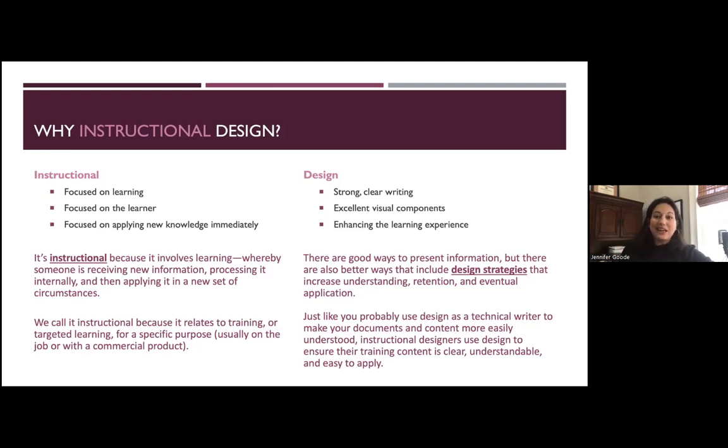Now, design stuff is nothing new to you guys, because we're always proponents of strong, clear writing. We always love excellent visual components that bring the design home and explain things. We love to have a graphic illustration. We love enhancing experience through design elements. So we're not doing anything different in instructional design. We're just applying it to the learning experience and calling it a learning experience. I just want you to see that we're not that far out of bounds. And truly, 20 years ago, we were calling this stuff technical writing.